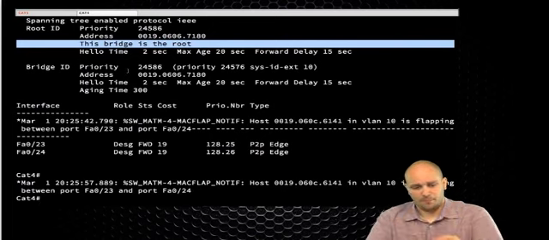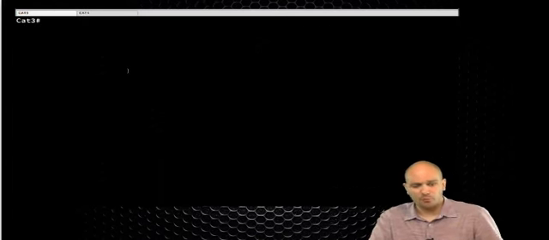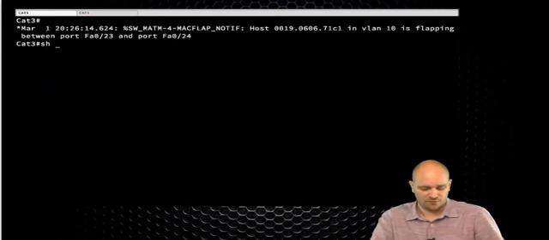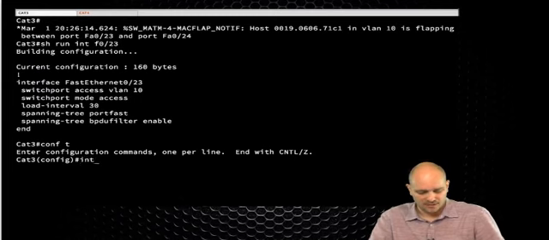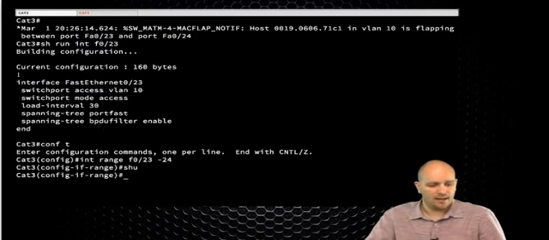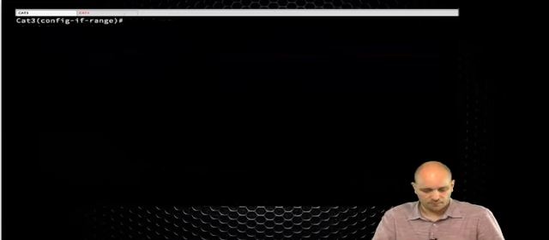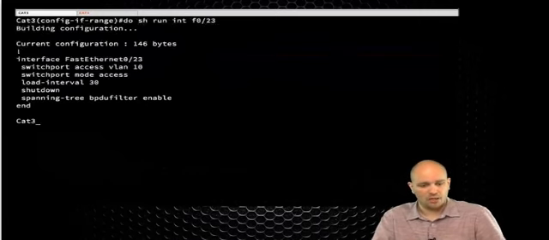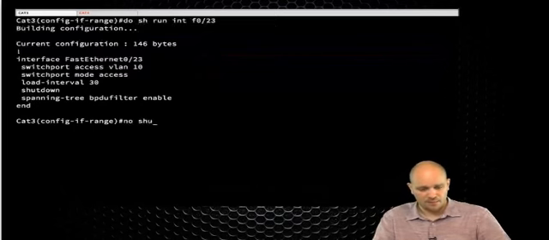Not all of them, because if I remove the portfast from the interface, so if I say fa 23 and 24 here, I'm going to shut them down now, and I'm going to remove the portfast. Okay, so this is now the configuration on the two of my interfaces. So portfast is now gone from the picture, and if I do no shutdown,